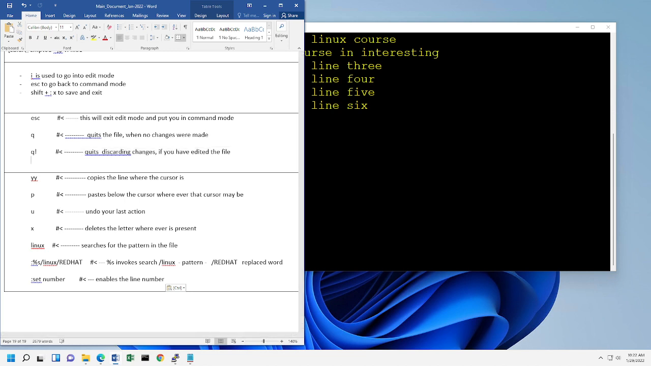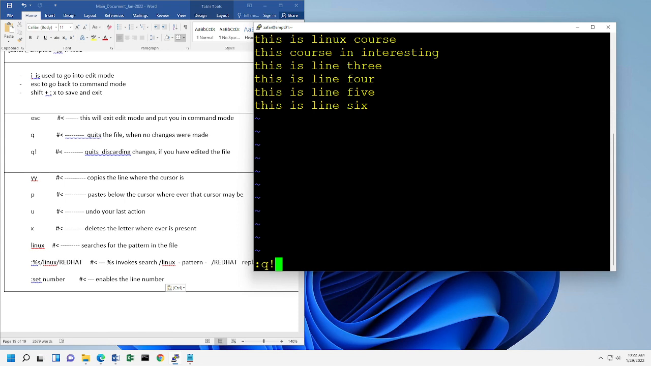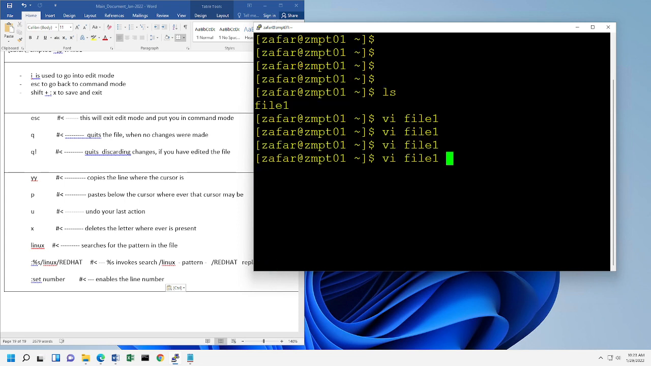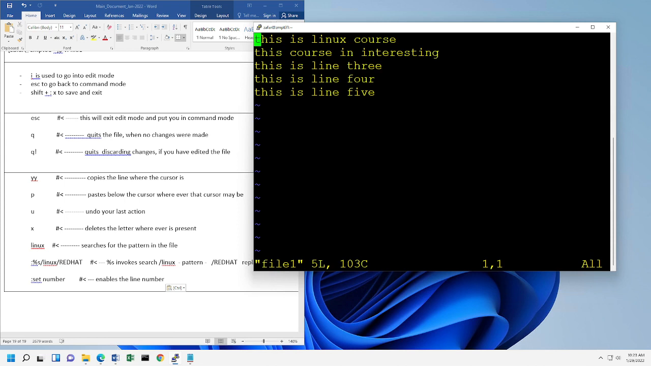If you have edited the file, shift colon, Q and exclamation. You hit enter. And you go back in there, you added the line 6, right? Line 6 is not there anymore. Right. Okay, now